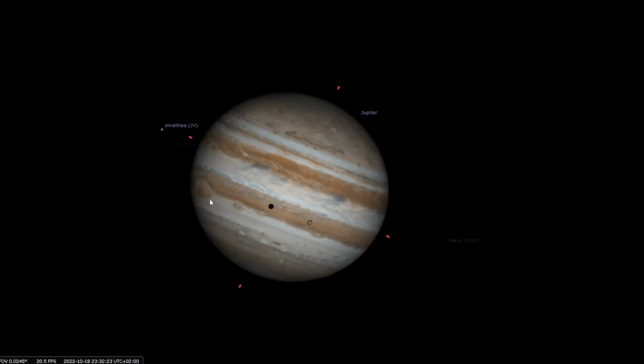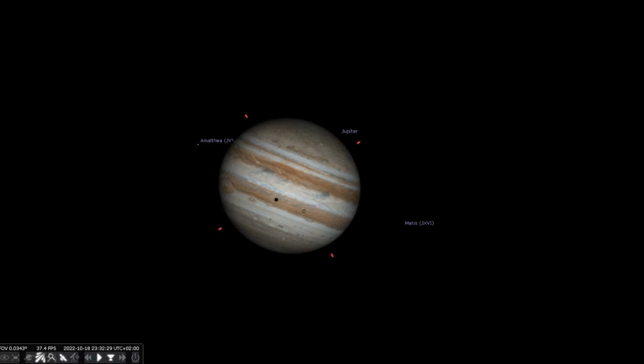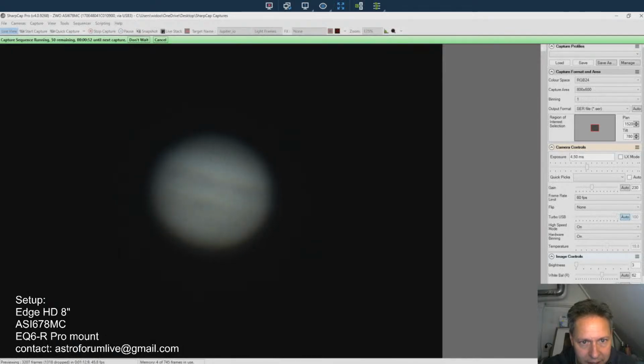So here's the red spot, should be visible. Can we check? Do we already see something? Don't see it, not yet. It should be around the corner here, the red spot. But anyway, what I wanted to show you, here the red spot should be here. Oh, you can't see it. Here. I can't make it out yet. But if you stack like 3000 frames, maybe some good quality frames are in there. Anyway, let's go back to